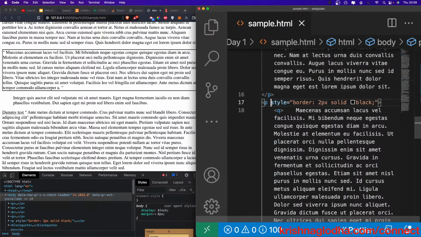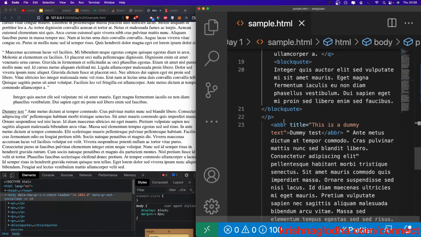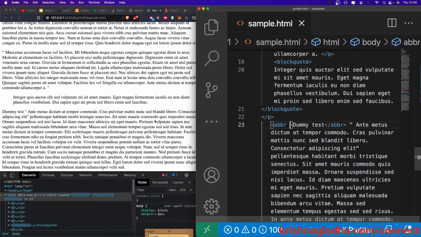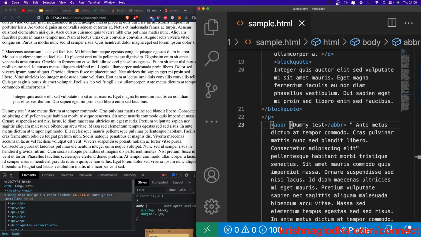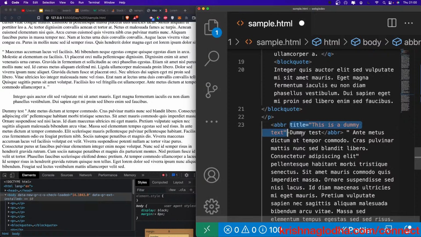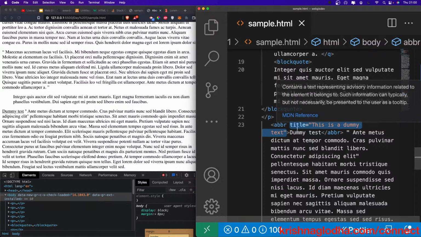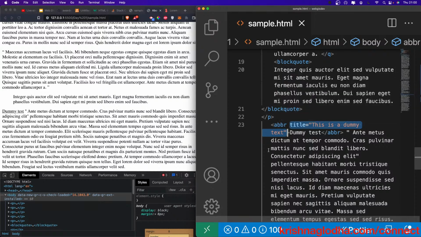And as I said, it is not necessary at all. This is an optional attribute. But for example, in case of abbreviation, we have to have this attribute attached to it. Otherwise, it is not going to make any sense. You can see that we don't have that underline to it anymore. Only if I have title, then I will get this. So this is known as attribute. Adding an attribute is important to some tags while optional to another, and absolutely not required for most of the